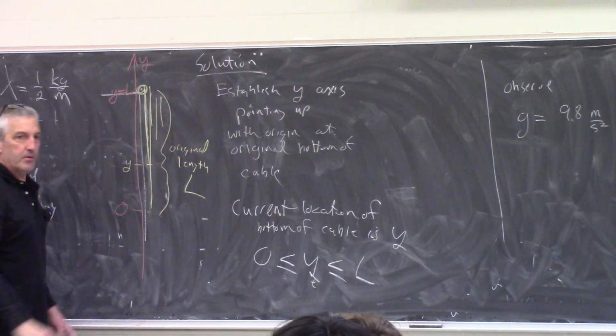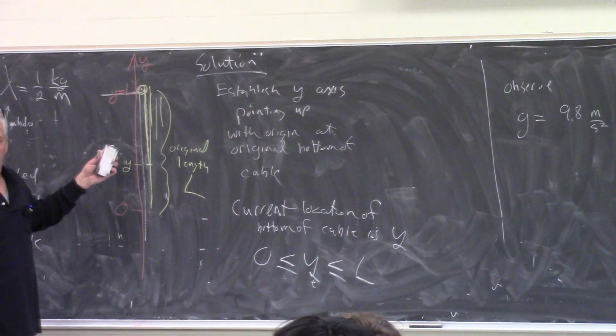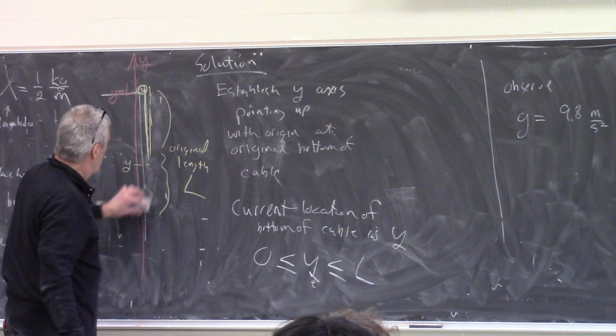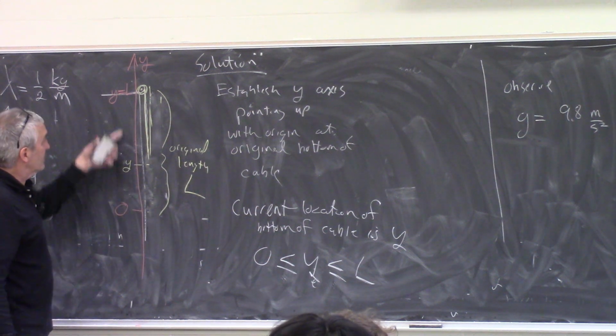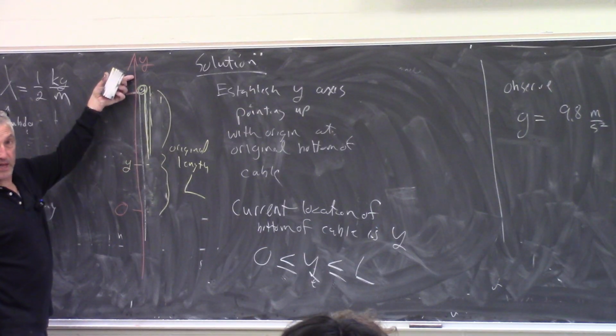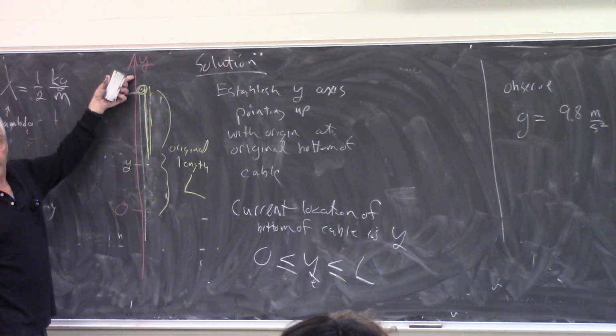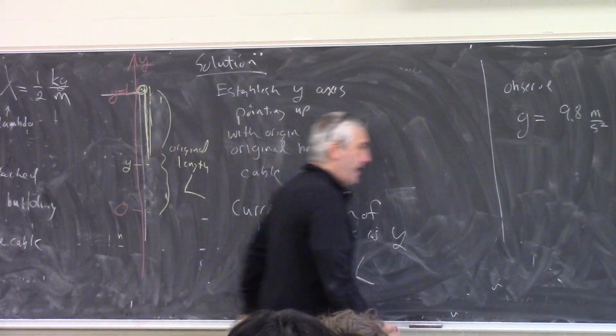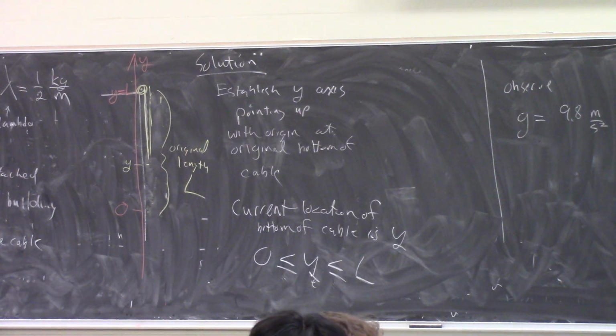As I spool the cable up, y is a variable thing. So if y is 0, that means the cable is all the way unspooled. If y is L, that means the cable has been spooled all the way up and is all the way on the spool. Okay, so the mass of the cable